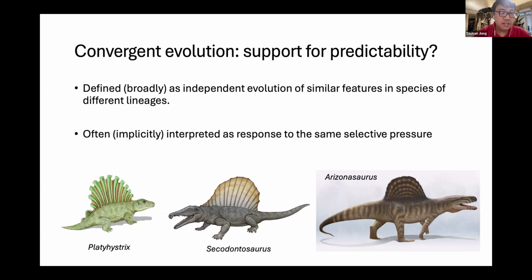Convergent evolution, especially that of complex morphological structures, is often implicitly interpreted as resulting from adaptation to similar selective pressures. Actually, in many cases, we don't know for sure and can never know whether that's really the case. But for now, let's stick with this assumption that convergence resulted from response to similar selection. But even so, we can still argue that maybe some of the similar phenotypes are not that similar after all, because the underlying genetic basis can still be different.